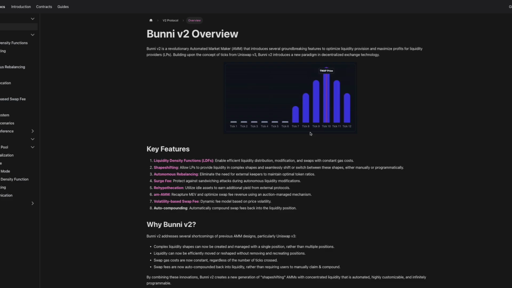Now it says AMM, recapture MEV and optimize fees using auction-related mechanism. Now, I think I understand this, but you'll have to fact check me on what I'm going to say right now. Basically, you can delegate the fee management to another party. You've delegated those fees to them, and they will manage the fee structure of your liquidity pool, but they will capture MEV and give it back to the LPs. This is how I understand it, so I could be a little bit wrong,